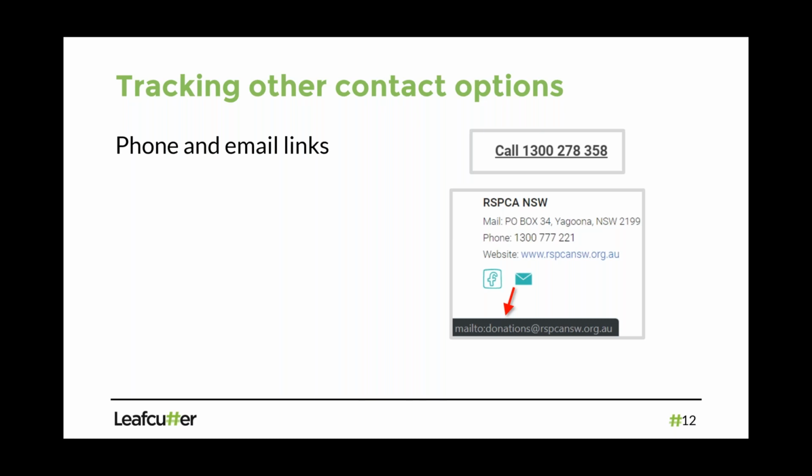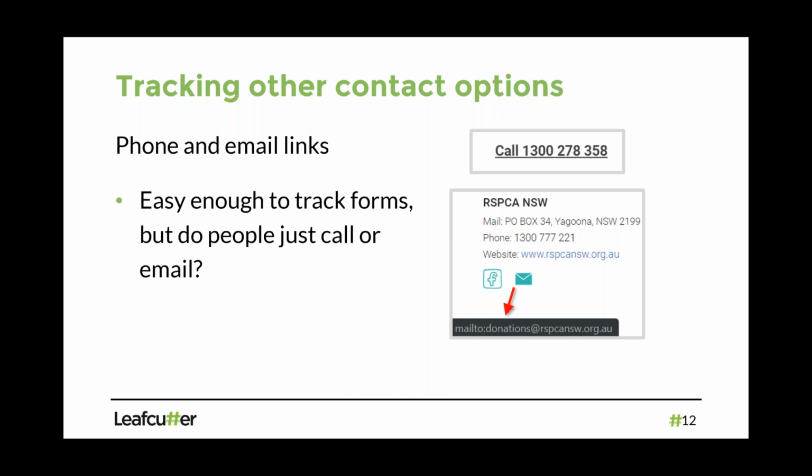And I always like to track that, especially with the phone numbers on mobile, because you can do click to call, a really simple user experience. They don't have to try to highlight and copy the phone number and then paste it in their phone, which is just a horrible experience. But at least we can get some visibility over that happening. And then I want to know, all right, I'm sending traffic from campaigns. If people aren't filling in the forms, or they're not doing one of those actions, they are using the phone number, or they are using email addresses, well, what are they interacting with, and how often does it happen?